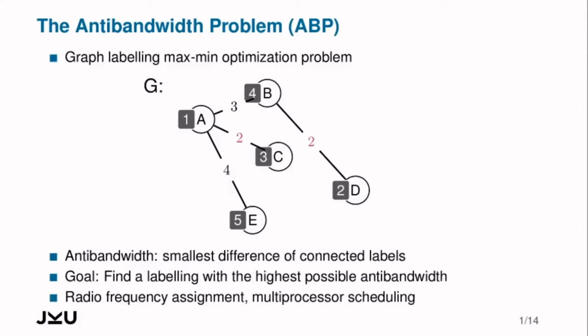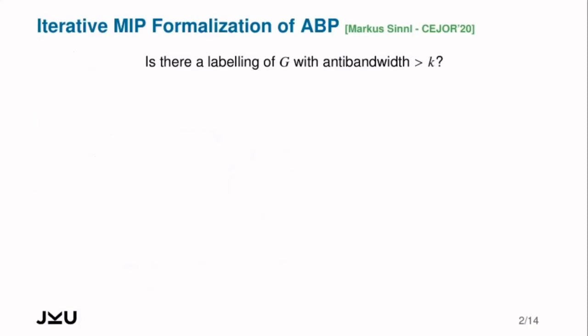and previously several heuristic and exact methods were introduced to address them efficiently. The most recent related work was introduced by Markus, one of the authors of our paper, and in his approach the optimization problem is solved by answering a sequence of decision problems with the help of a mixed integer programming solver. So this is an iterative MIP formalization of the anti-bandwidth problem, and the question we would like to answer is whether we can construct a labeling for a given graph such that the anti-bandwidth is greater than a given value k. If we can answer this question efficiently, then we can keep increasing the value of k until we get a negative answer,